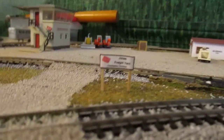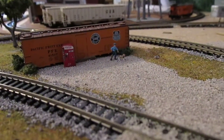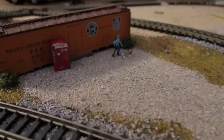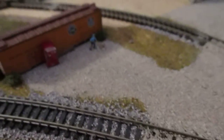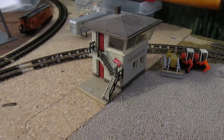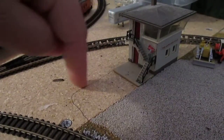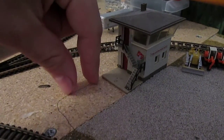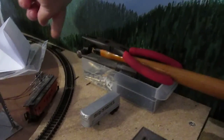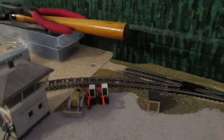So coming into the Jones freight yard, the road right here comes into the security office. You can see the little security guard with the dog. I'm going to have a little security car parked there, just have to find where I put it. And coming across, right here is the signal tower for the yard. And you can see the little parking lot I'm going to have right here. I might have a little overflow lot going into the back here. And then there's also a line that'll go there to connect the